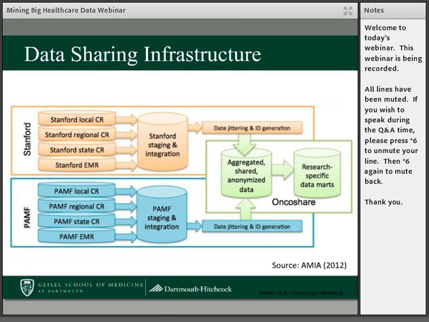Now, another challenge we had in terms of sharing data, which is quite common, is that institutions don't want to share their data with another institution, partly for business reasons. Here we are looking at the quality of breast cancer care and variability, and the two institutions, Stanford and PAMP, have a little economic competition between them. So they want to make sure that they don't reveal their patients to each other, and we give them high-level information. Looking at these different sources of data, the registries as well as EMR data, we pull those data elements that we want, with the cohort definition.